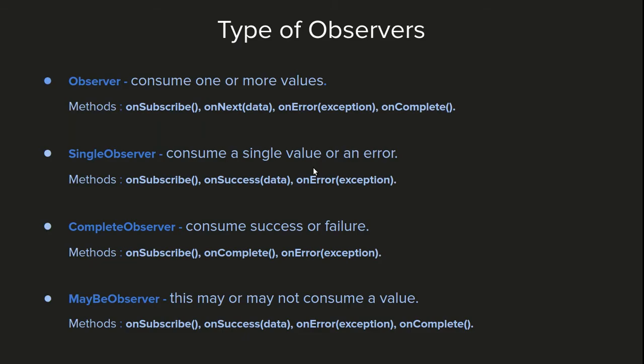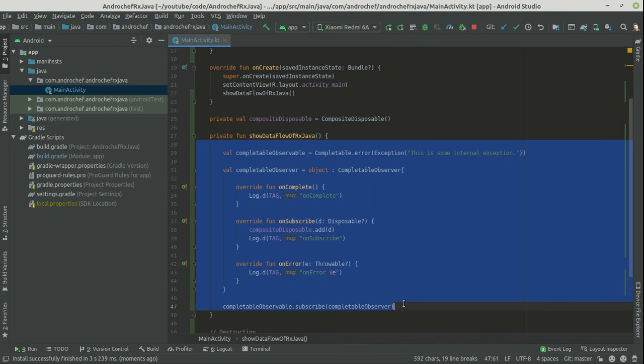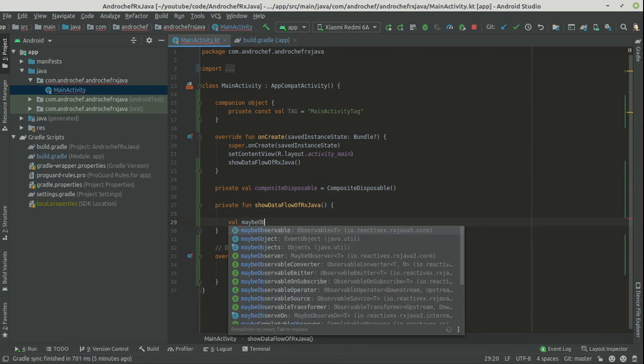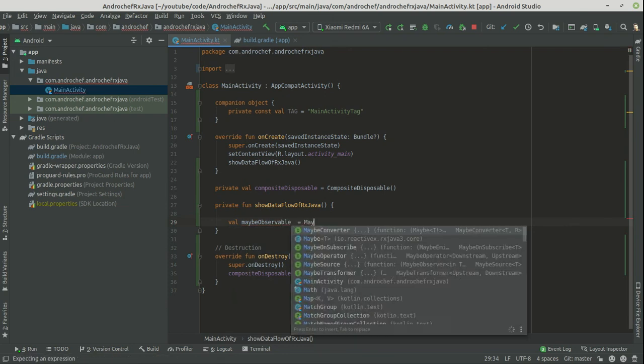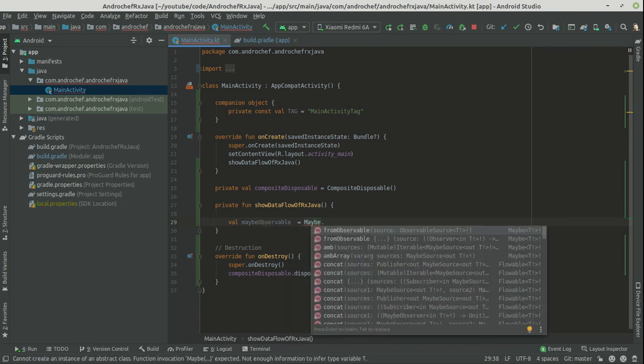Let's go for the last one, which is maybe observer. I will again remove all this. For that one we will create a maybe observable, and in that one we will use maybe. As you can see, in maybe we can either have data or not have data.